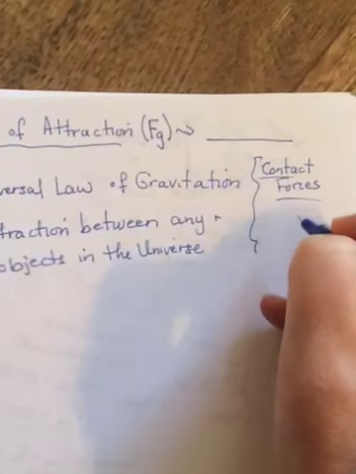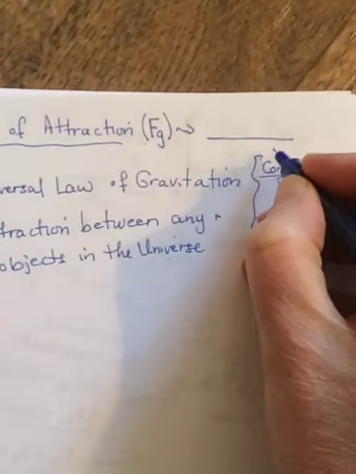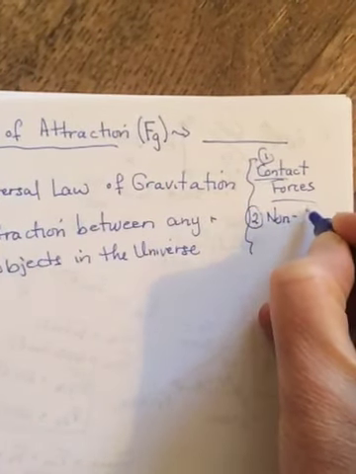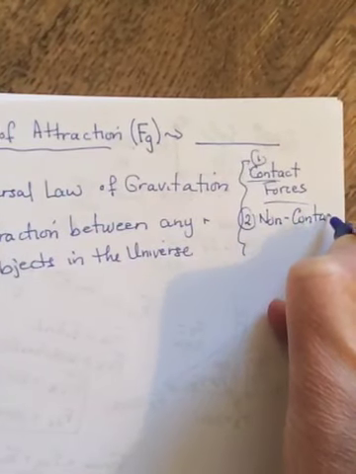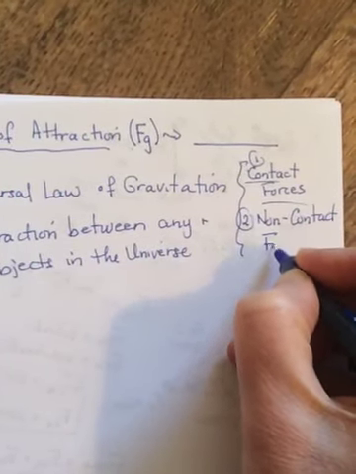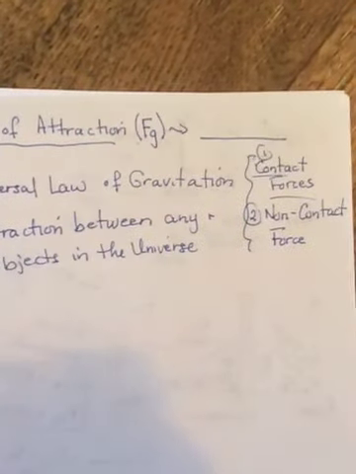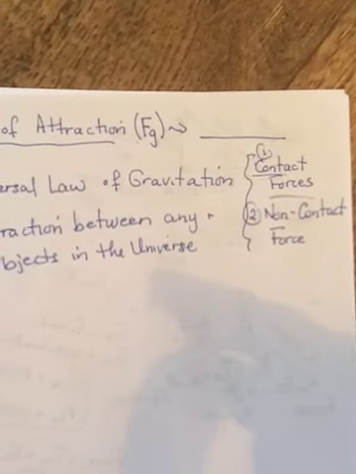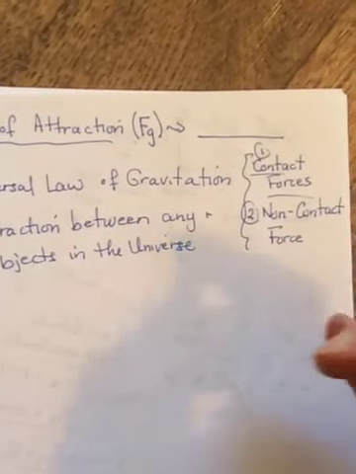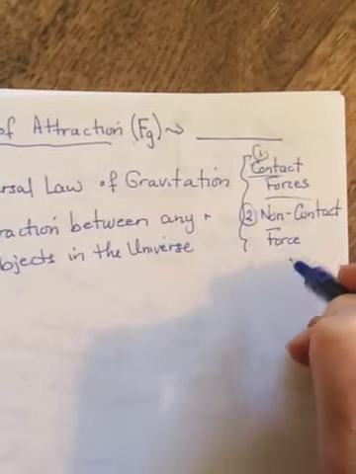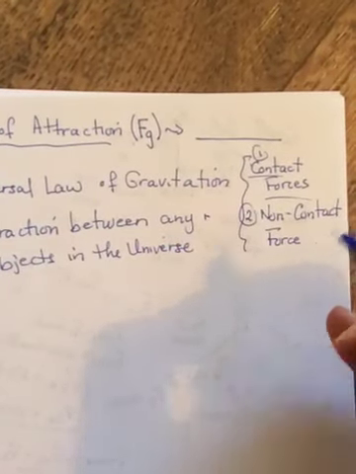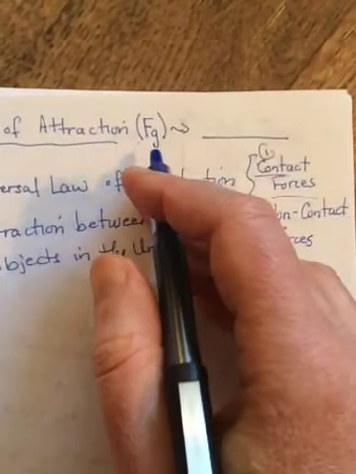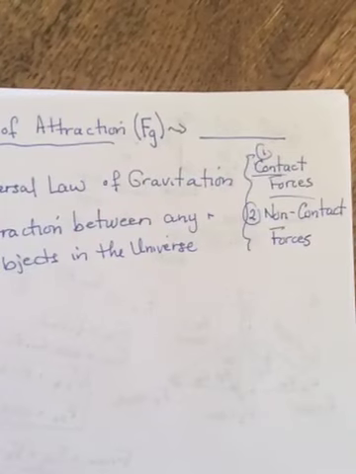But when Newton tried to say there was another whole category of forces called non-contact forces, and these were the ones that were causing the apple to fall from the tree, people were like, excuse me, how do you think the earth is causing that apple to fall from the tree when the earth isn't even touching the tree? And so it took Newton a bit to convince people that there was such a thing as non-contact forces. So we know the force of gravity is one of them. We also know they exist in other spots.